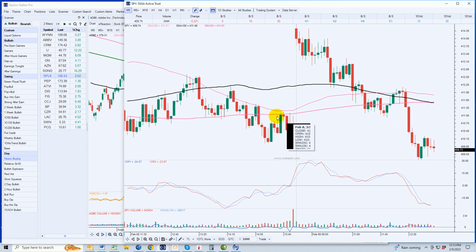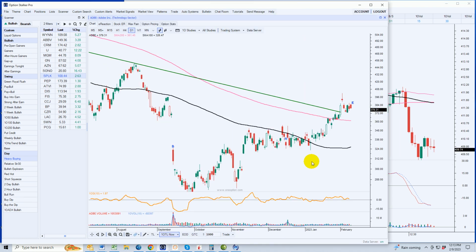So let's take a look at some stocks. I'm just going to flip some charts. I do want to mention to you that the view that we're going to be using for the trend lines, we are using a semi-log scale. The other thing is that we're going to only be looking at current trend lines. What does that mean? That means that these are breaches that have happened in the course of the last 10 days,